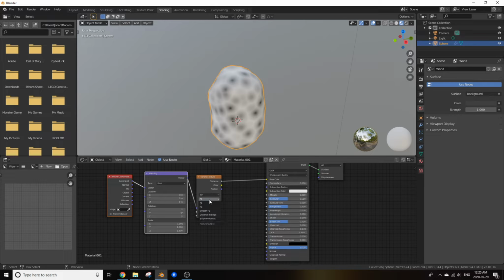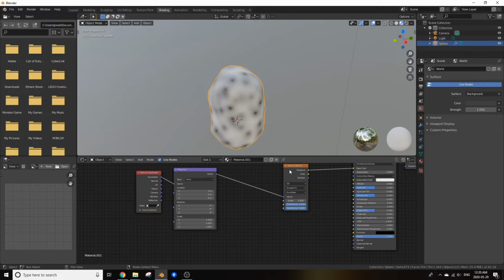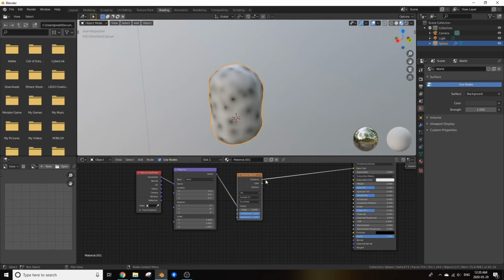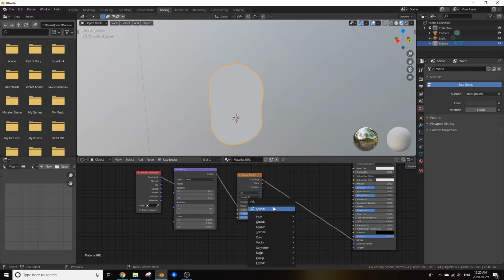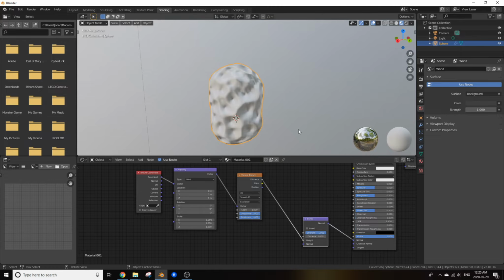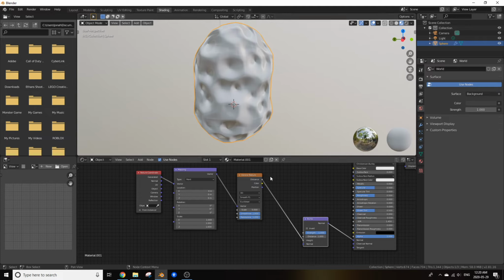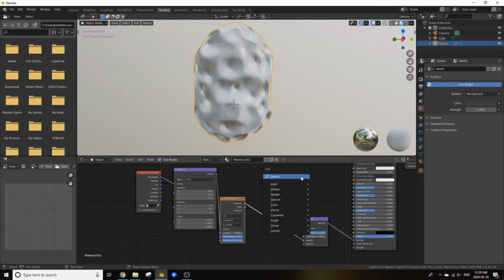So to fix that, change F1 to smooth F1, and now you can see that it's not looking so hexagon-y anymore. But to really show you what I'm trying to do with this Voronoi texture, you can finally plug the distance into the normal, and you can take it out of base color. Now add in a bump node, and plug the distance into the height of that bump node. As you can see now, we're getting this really weird looking potato,